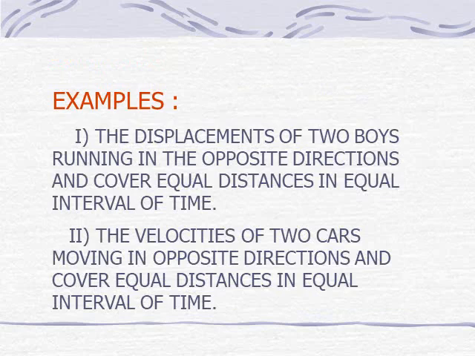Example, the displacement of two boys running in opposite directions, but they cover equal distance in equal intervals of time. So the magnitude is the same, but their direction is opposite. So such types of vectors are the negative